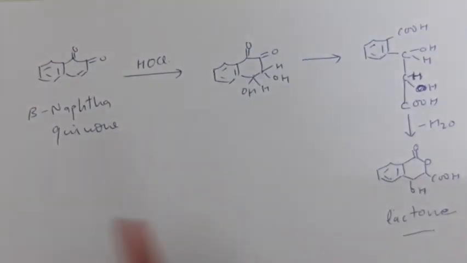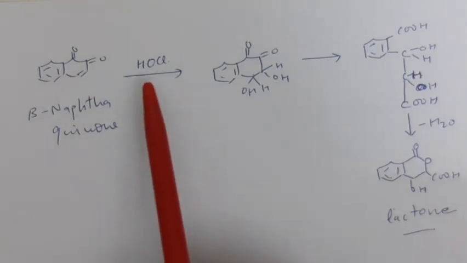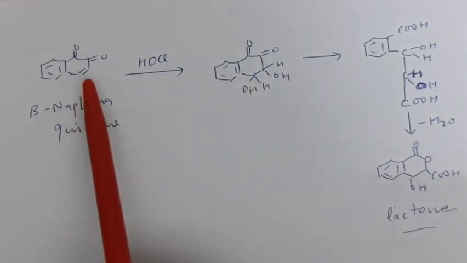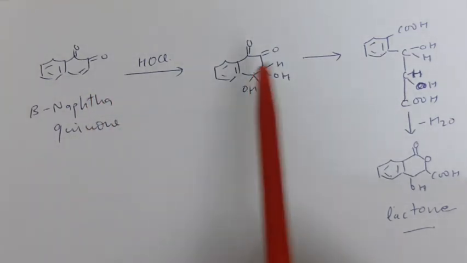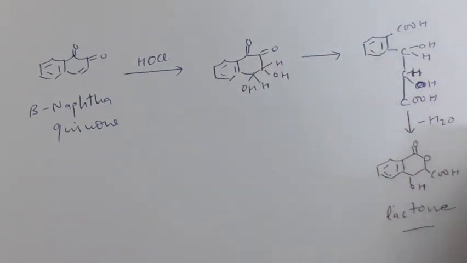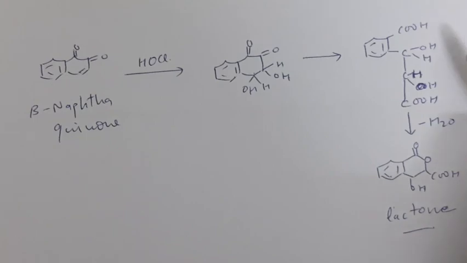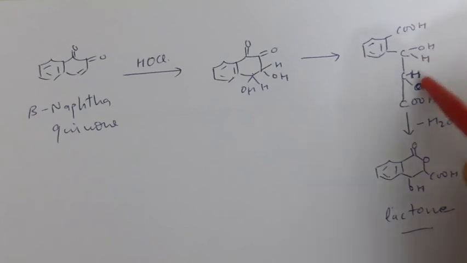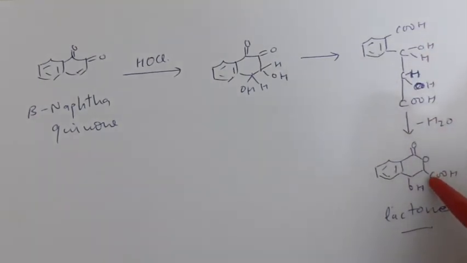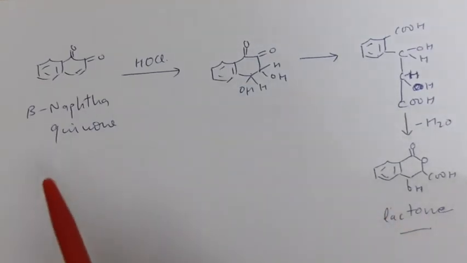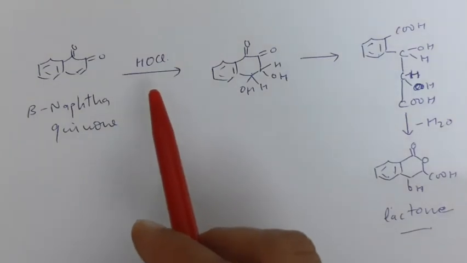A reaction of beta naphthaquinone is this. If beta naphthaquinone reacts with hypochloride, then it gives this addition compound in which OH and H groups are attached on the double bond, and this addition compound on heating, the bond breaks from here and we get the carboxylic derivative. This carboxylic derivative on heating eliminates a water molecule from OH and H here, cyclization takes place and we get the lactone. So lactone is formed by the reaction of beta naphthaquinone with hypochloride.